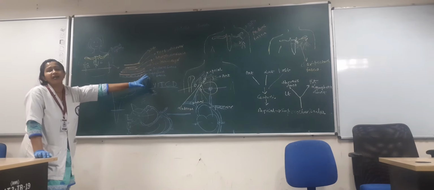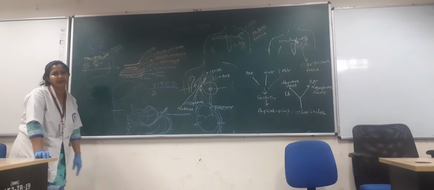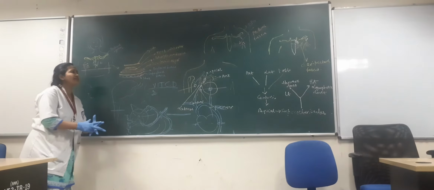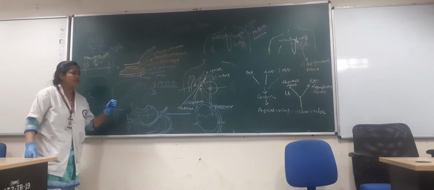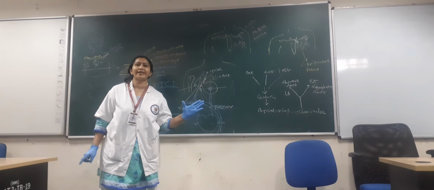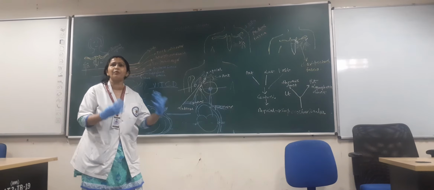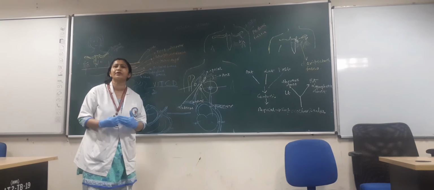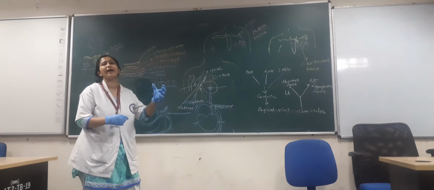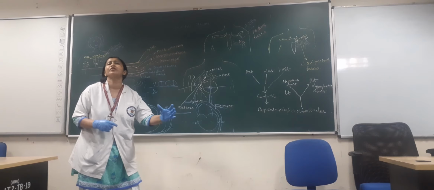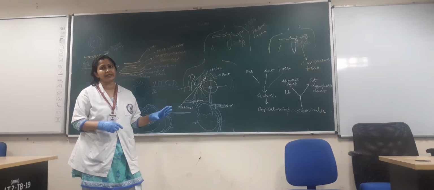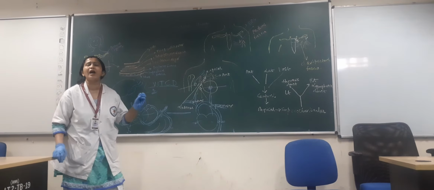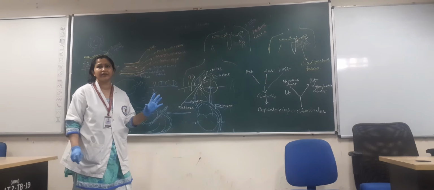The superficial fascia contains a very important structure, that is the mammary gland. Mammary gland is nothing but a modified sweat gland. It is apocrine in nature. As far as the mode of secretion is concerned, it is apocrine, that is, only the apical part is lost as the product of secretion. And if we see the microscopic anatomy, it is compound tubulo-alveolar variety.